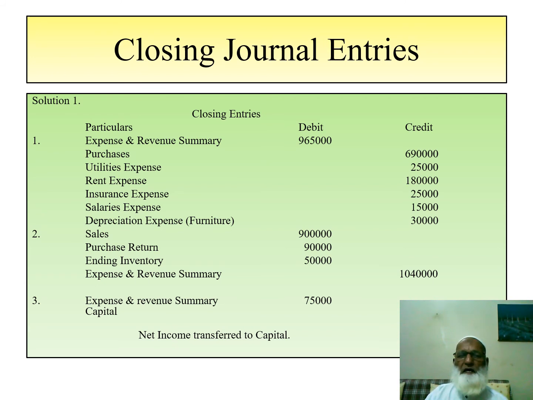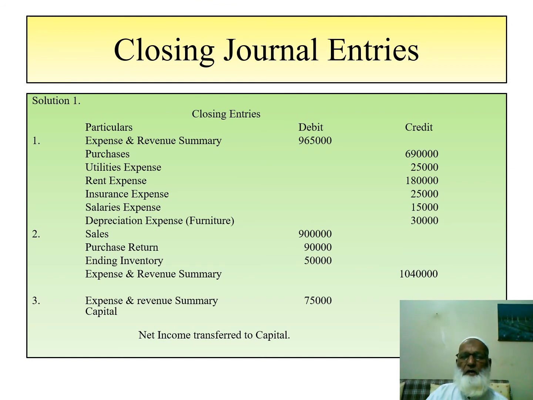So all the temporary account balances which have a debit balance shall be credited. For example, purchases has a debit balance and it is credited over here. Utilities expense, all the expense accounts are credited, so that the total of these credits is summarized and debited in the expense and revenue summary account. So the total of these accounts is 965,000, and similarly all the accounts which have a credit balance are debited, and their total is credited in expense